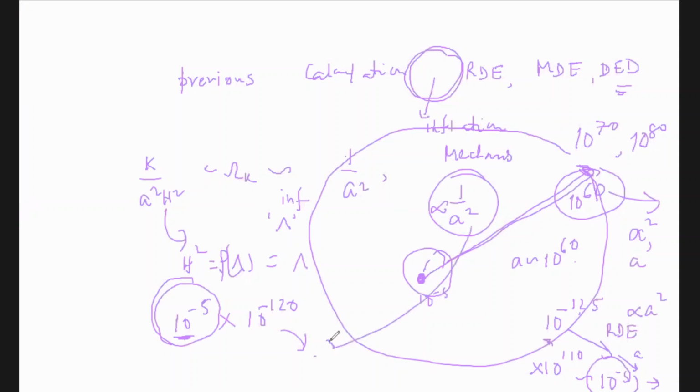You don't have to put 0, 0, 0, 0, 0, 0 by hand. You start with a small number, 10 to the power minus 4 or 1. Then you multiply it by 10 to the minus 120 because the universe will expand. Then you are already getting 10 to the minus 120 at the end of inflation. And then you start what we did in the last slide.